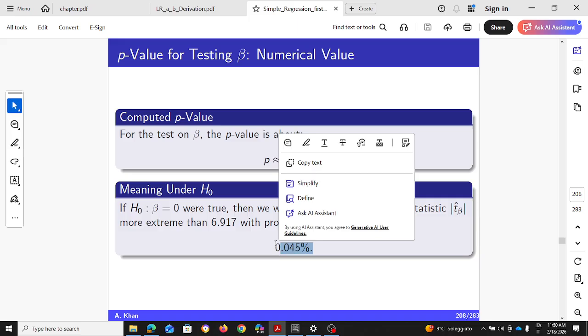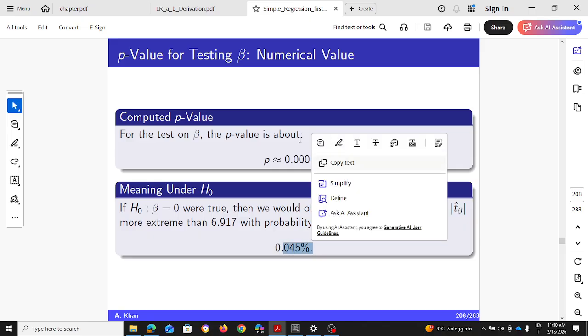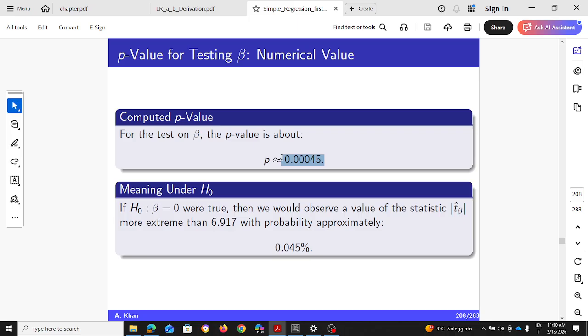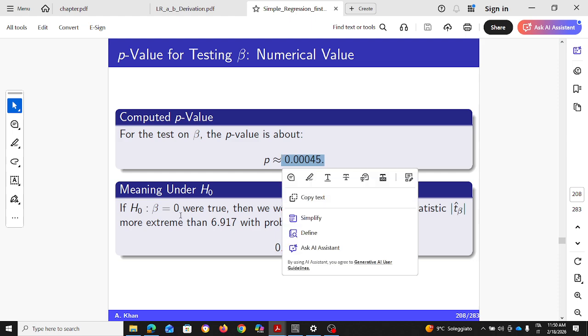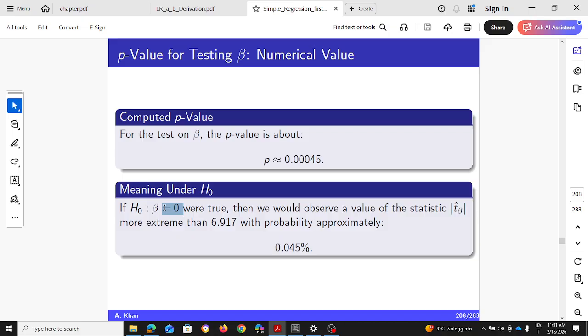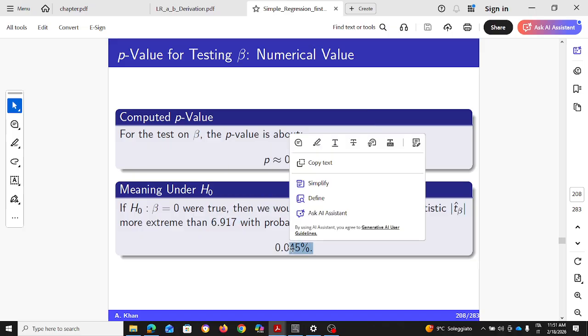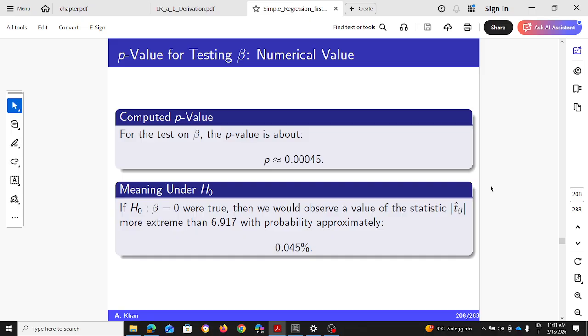Okay, if this p-value was high, then the consequence would be to accept the null hypothesis. But the probability that this value is more extreme is 0.045%. Okay, so which is a very low percent. So even when the null hypothesis is proven to be true, and if we have a probability that is very low, we reject the